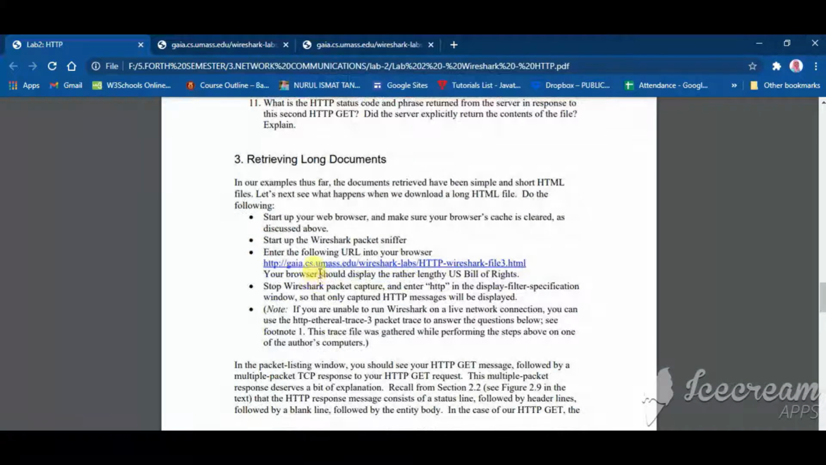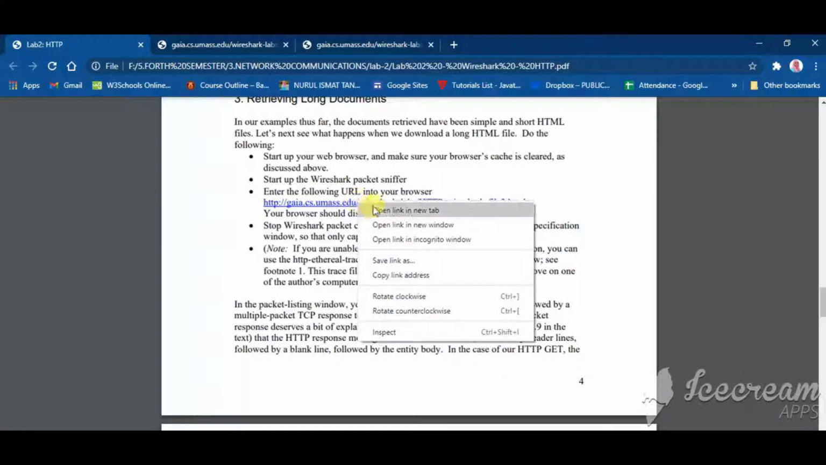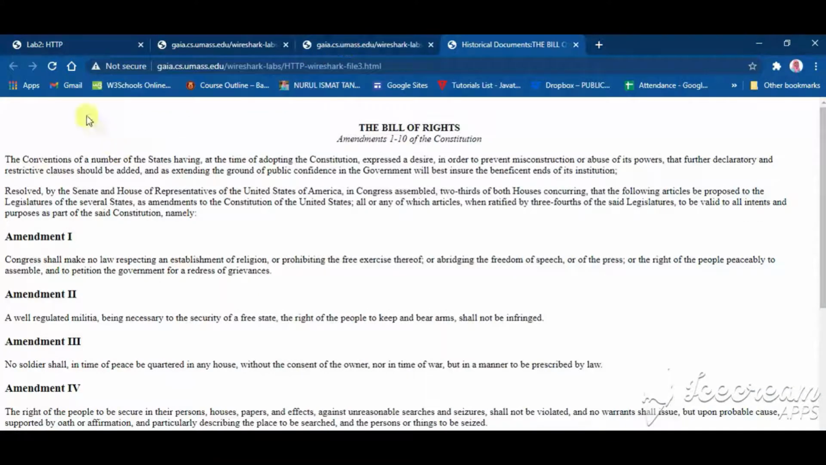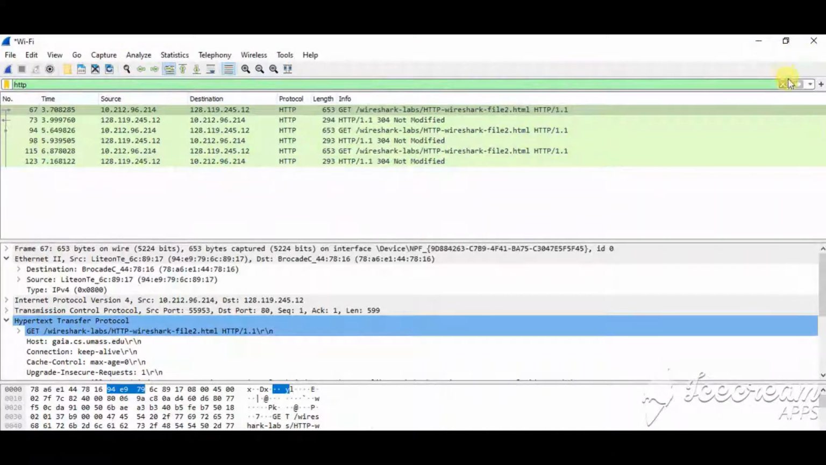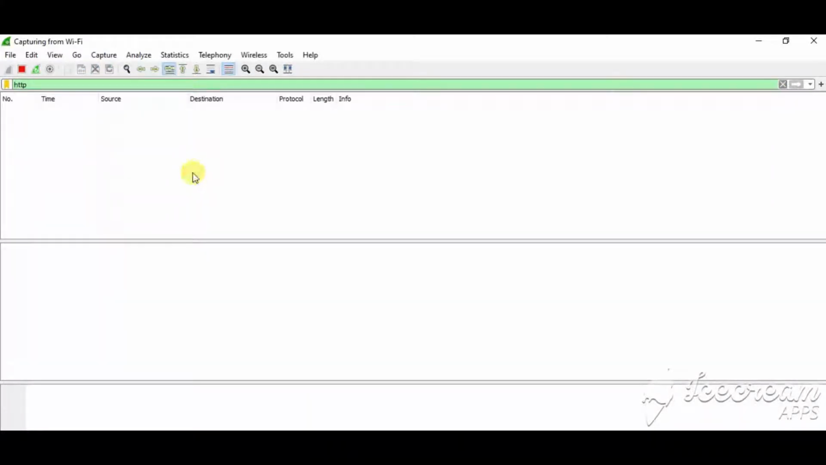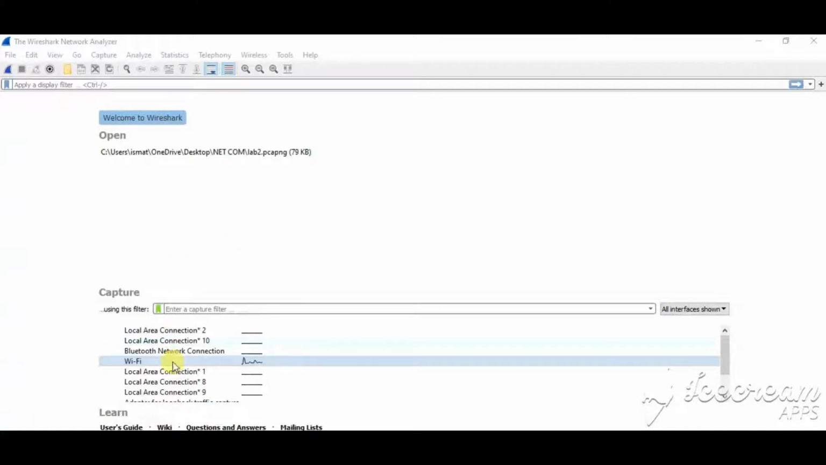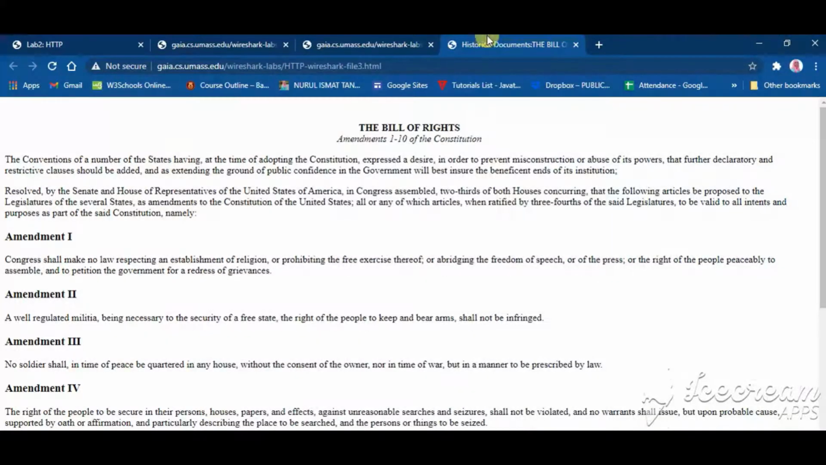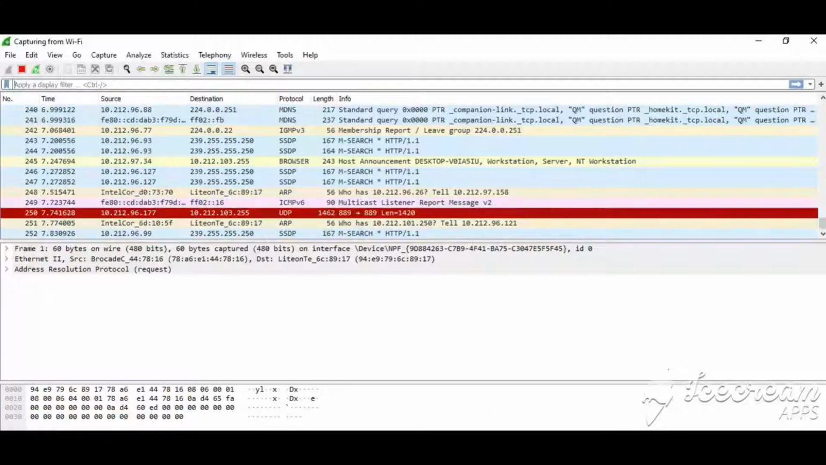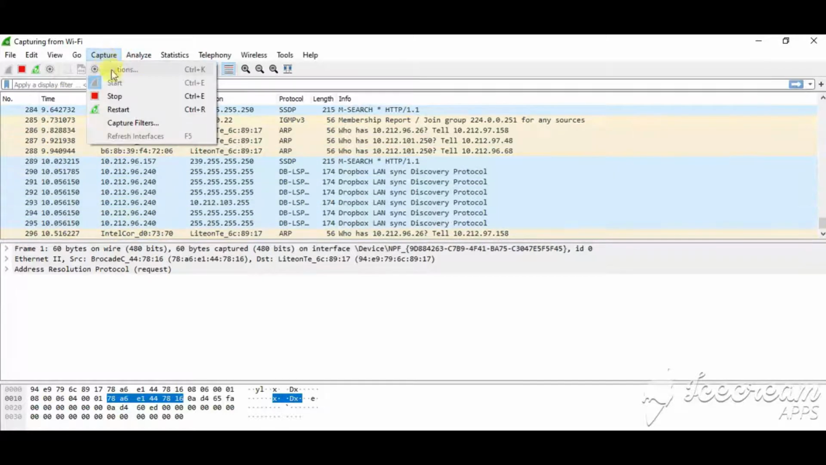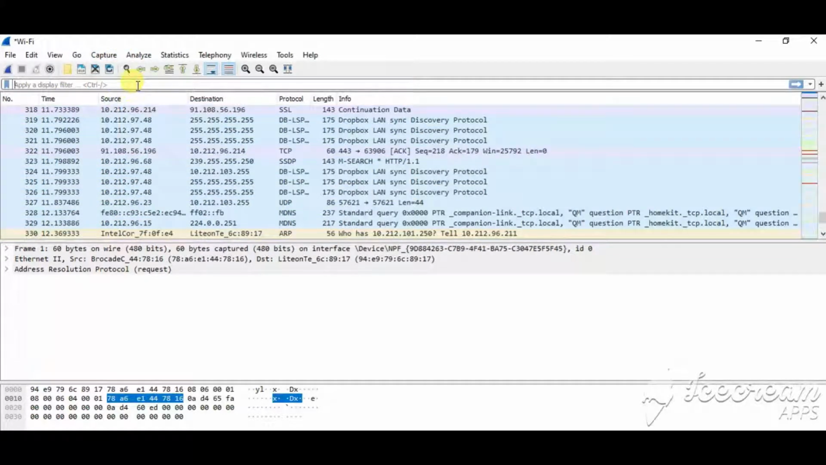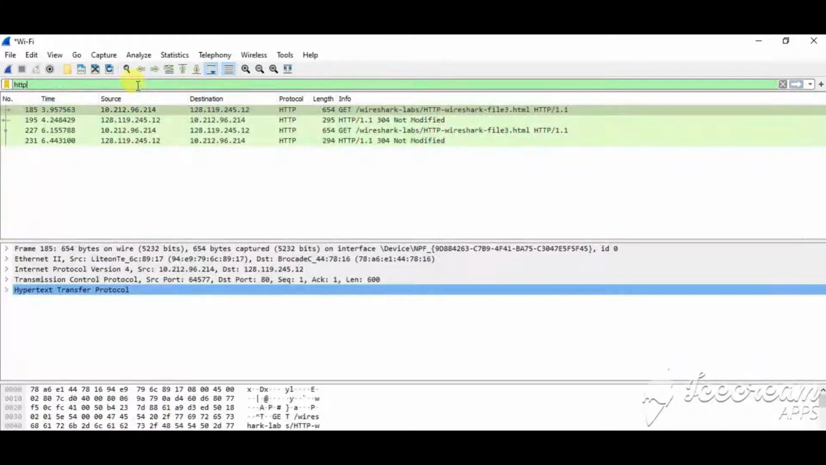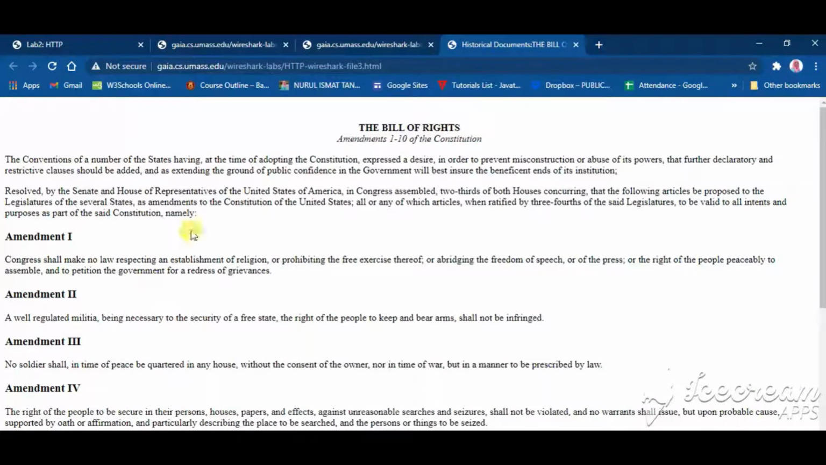Question number 3, retrieving long documents. If we open this one and start it, capture, start, continue with saving. If we start capturing for file 3, wait for some time, and I stop here. Now if I see HTTP, okay. The question was,